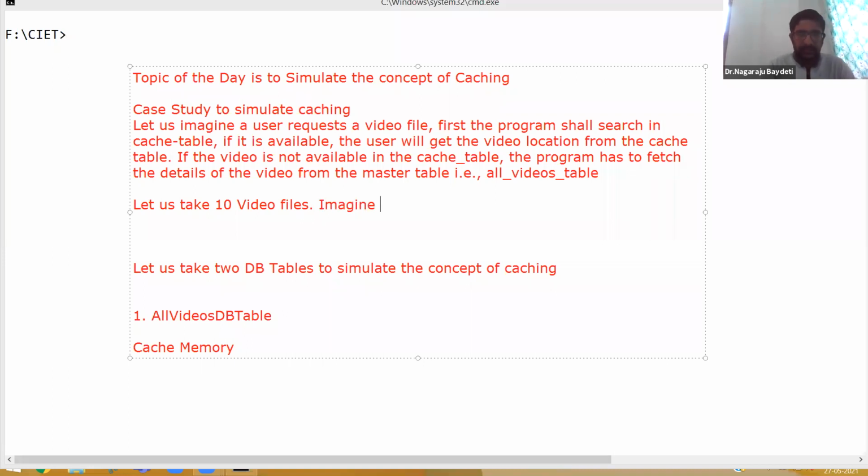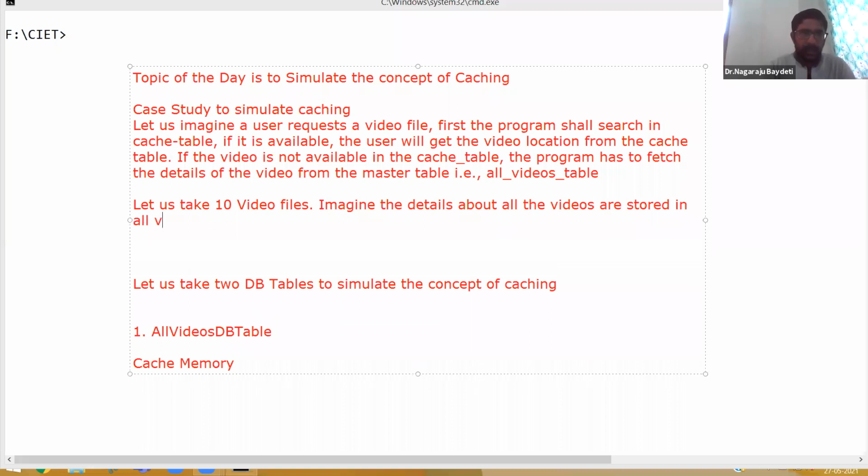Imagine the details about all the videos are stored in the all videos database table. So there is one table. Imagine this table as secondary memory.